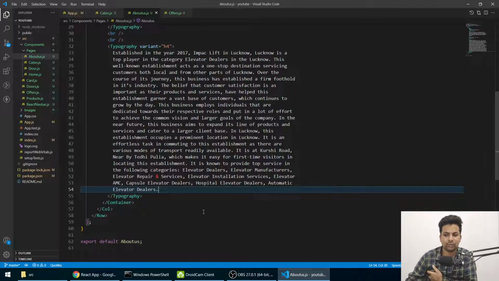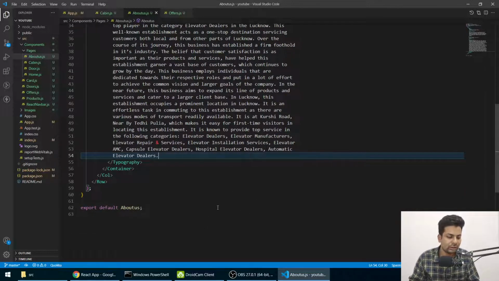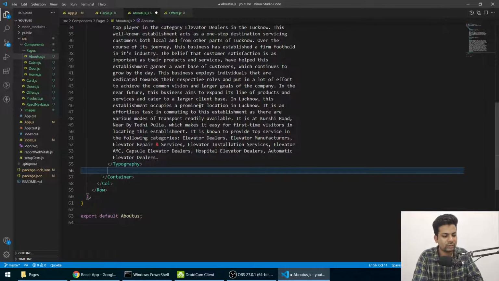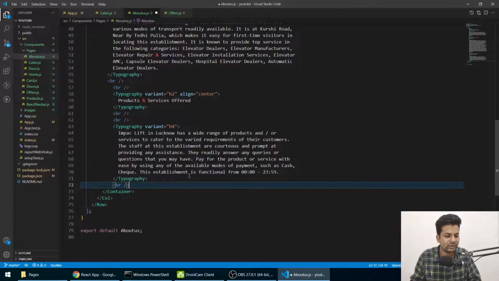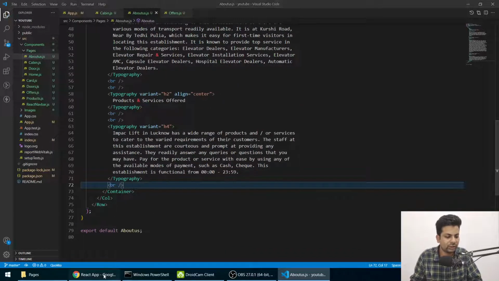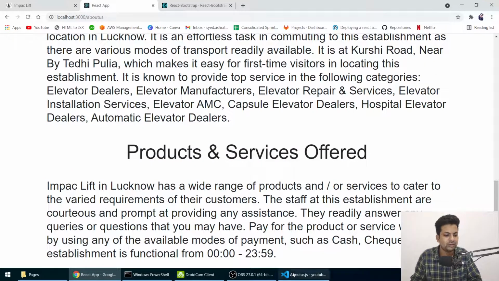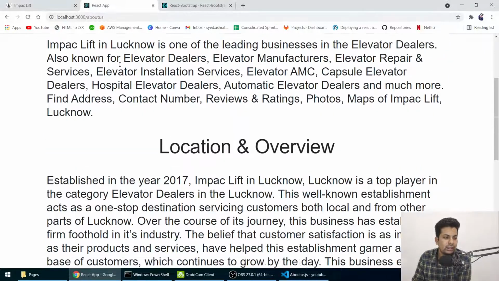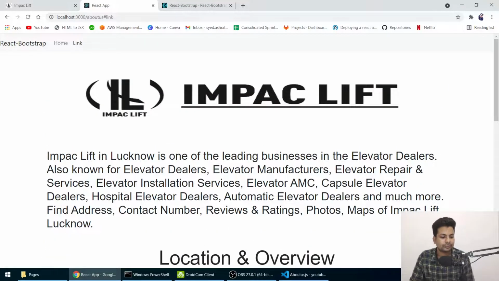So basically it's nothing, so I'll just quickly write everything. Let me just copy because it's just br and everything. So let me just paste it. So that's now products and services offered. So if I save it, it's like products and services offered. So it's done. Now we need a navbar so that someone can use it to go to any page.